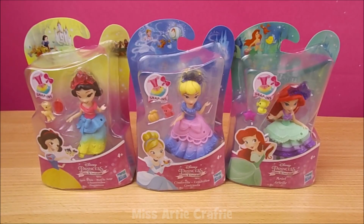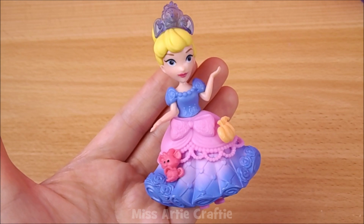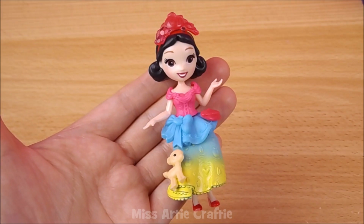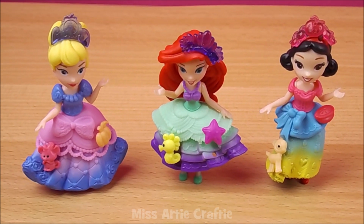I also got 3 Disney princess dolls. Cinderella comes with a mouse and a pumpkin. Ariel comes with a seahorse and a starfish. And Snow White comes with a deer and a pie. The dolls are super cute and detailed, and what's great about these is that you can mix and match their